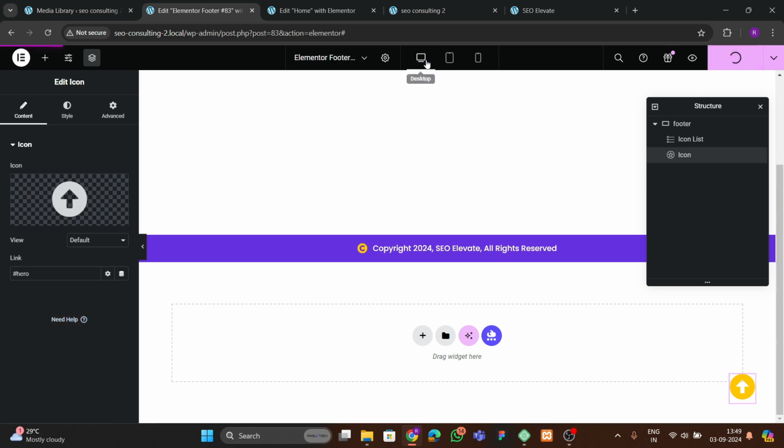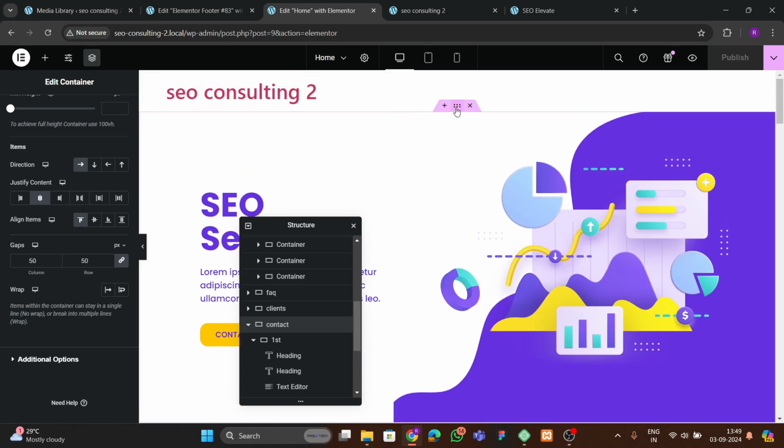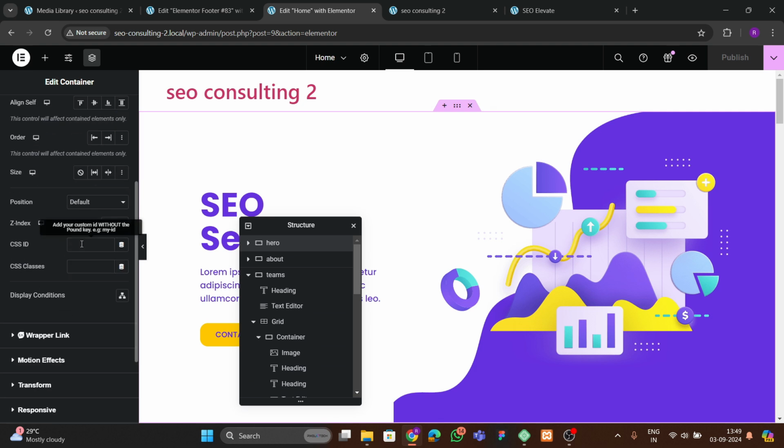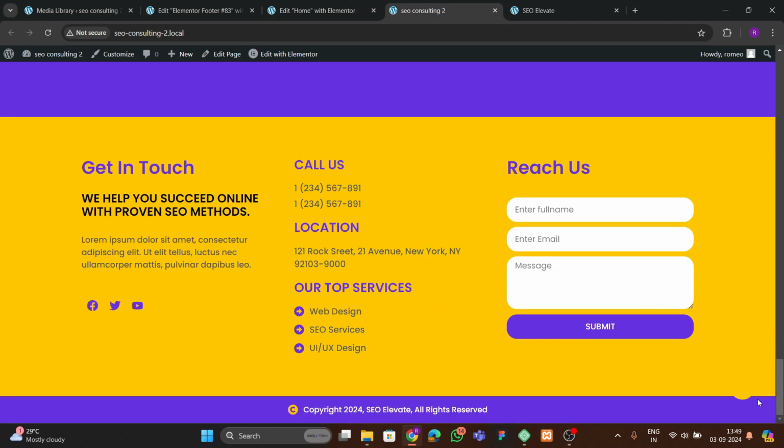So let's publish this, and after that we have to go to the home page here, and here we have to go to the top section, and here in the advanced, we have to go to the CSS ID, and here we have to give hero. Okay, so let's publish. Then let's refresh our front end, and after refreshing, you can see that we have this icon here,